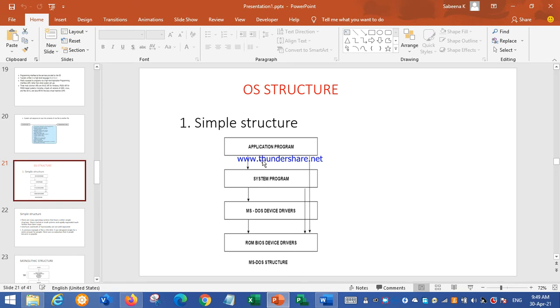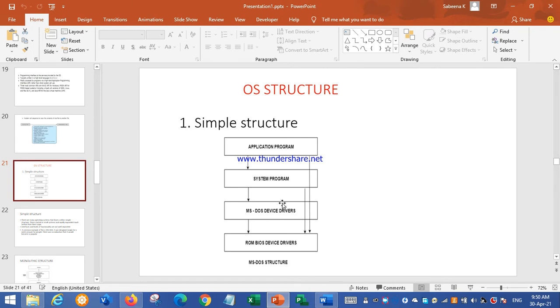Visually it looks like a layered structure, but it is not actually a layered design. It is not a well-defined structure, in the sense that the application program at the top can directly access the hardware. The system program can also directly access the hardware, and the MS-DOS device drivers can directly access the hardware.